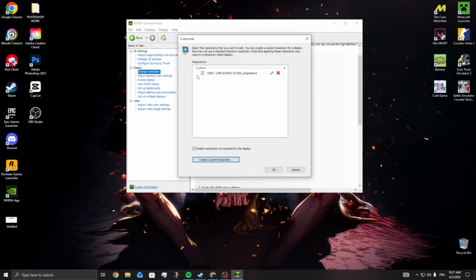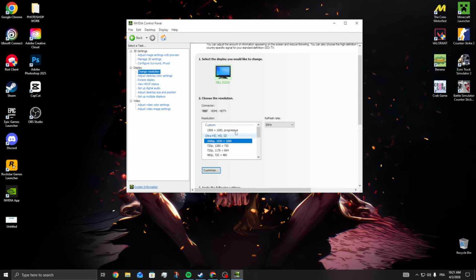But when you have everything set up, then you should see Custom Resolution here. Press OK, and then this option here should be under the resolution here. So you just need to apply it. Then you need to go to Adjust Desktop Size and Position here, and then you need to make sure it's